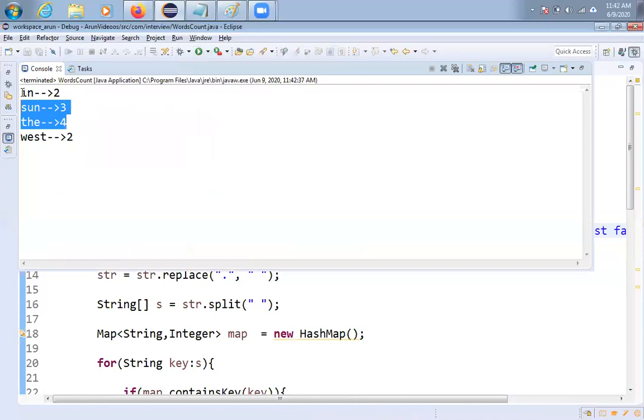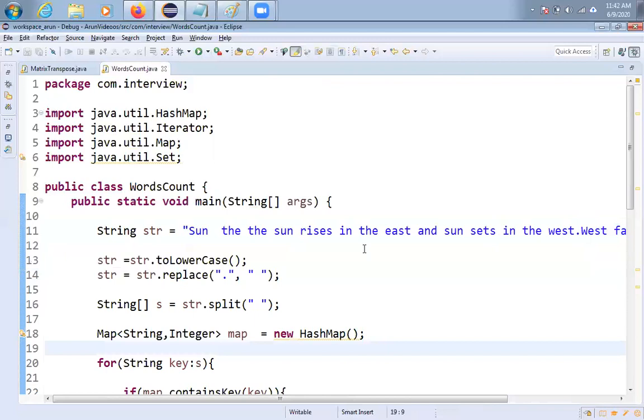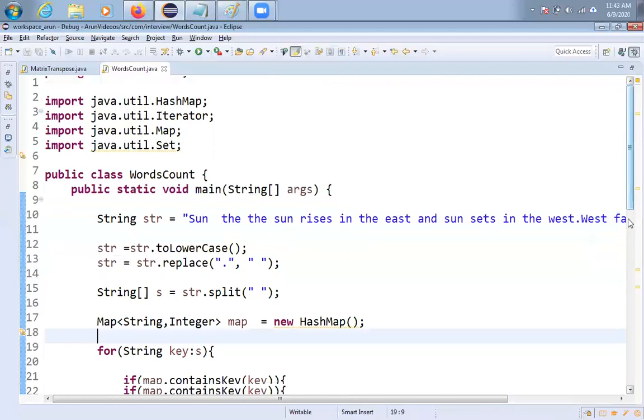So these are the duplicate words in our given sentence. You can modify it, you can give any string or any sentence here, and this logic will work, friends.